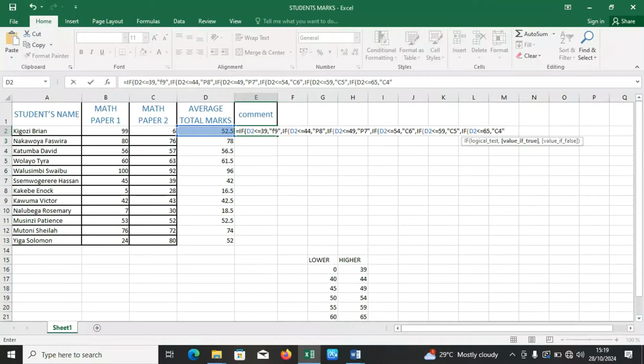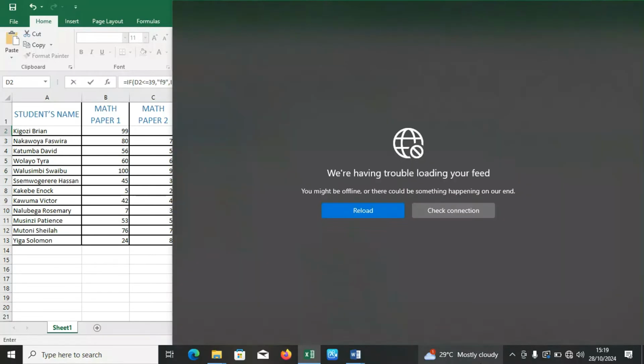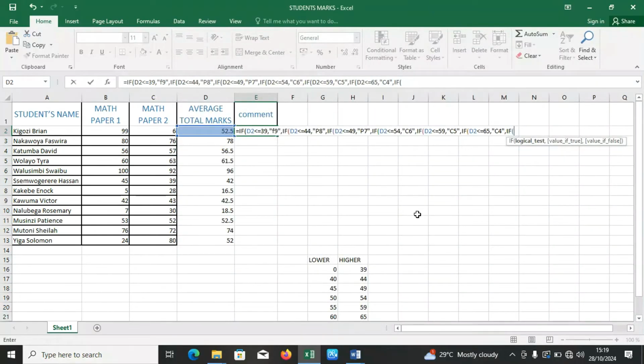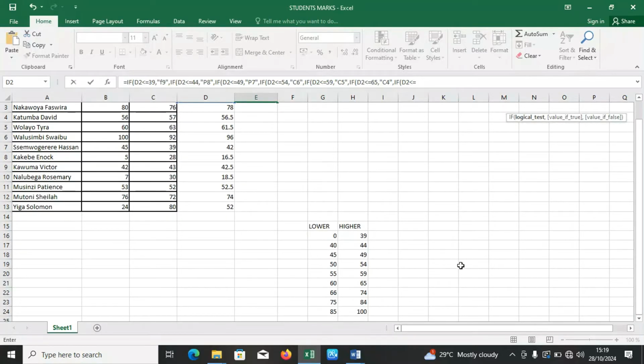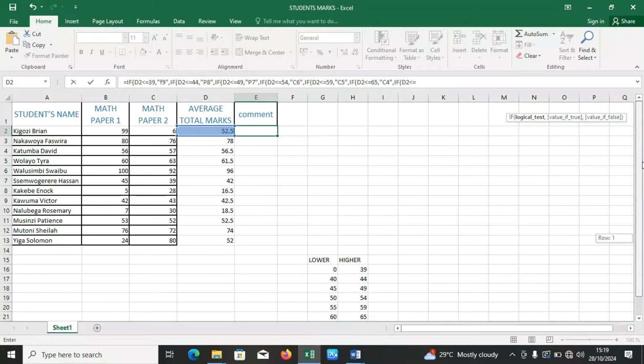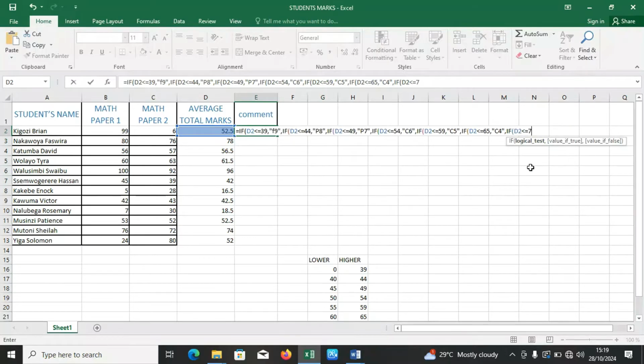Close quotation marks and put a comma and then say if into brackets D2 is less or equal to, we finished 65, then we are going to 74, is less or equal to 74, put a comma, then this means this will be a C3 into quotation marks, comma,